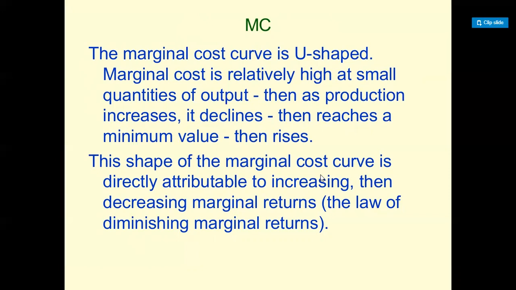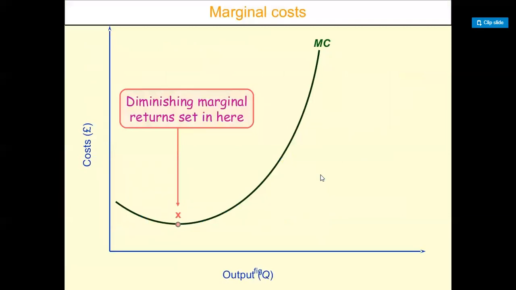We know that MC is the additional TC when one more unit of output is produced. We also know that TC equals TFC plus TVC. So as TFC does not change with the change in output, MC is independent of TFC, and it is affected only by the change in total variable cost, not in total fixed cost. Let us see the figure of the MC given here. It is diminishing and then rising. As seen, the MC can be calculated from both TC and TVC.